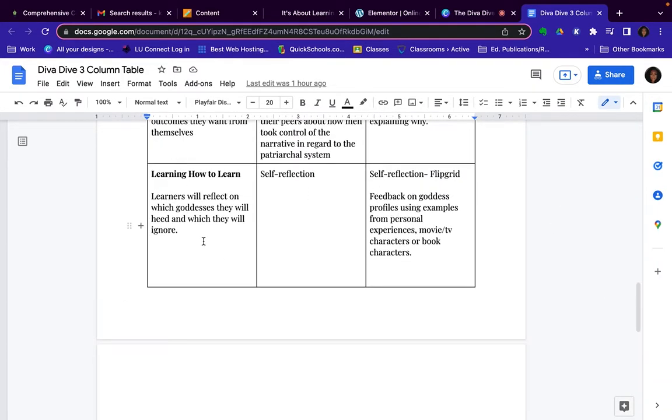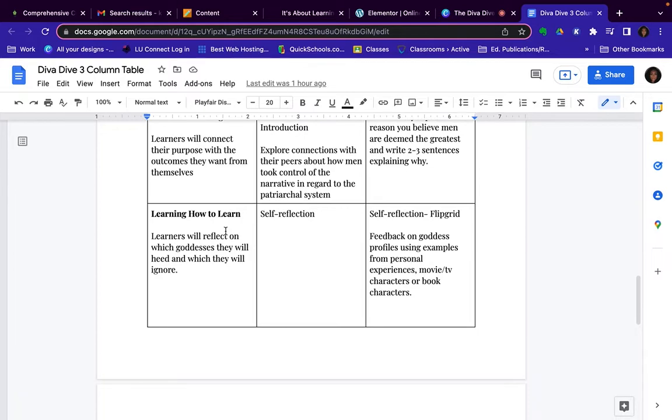And then for the last section here for the learning outcomes and goals, learners will reflect on which goddesses they will heed and which they will ignore. So which ones are they going to take with them? And this requires self-reflection. So students are going to self-reflect